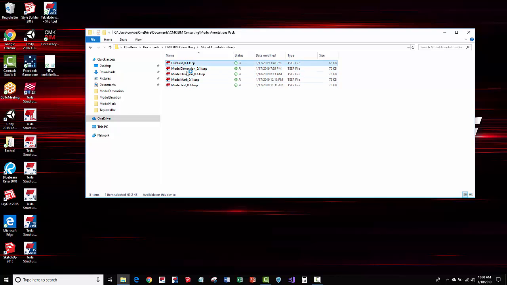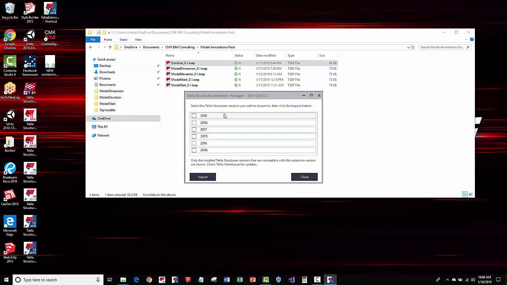So let's start by double-clicking on DimGrid here as an example, and this will open up the installer list. Here I've got all of these different versions of Tekla installed on my computer. The Model Annotations pack works in Tekla Structures 2016 and newer. In this case, I've already got 2018 installed, but you can select whichever version you want, and then